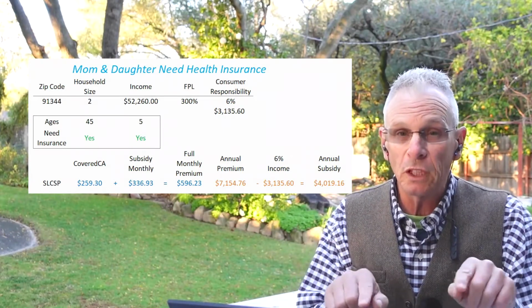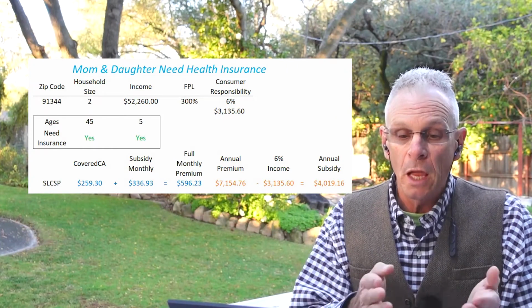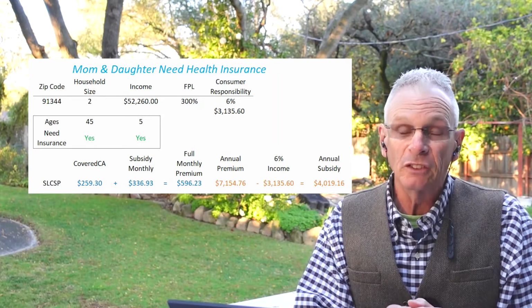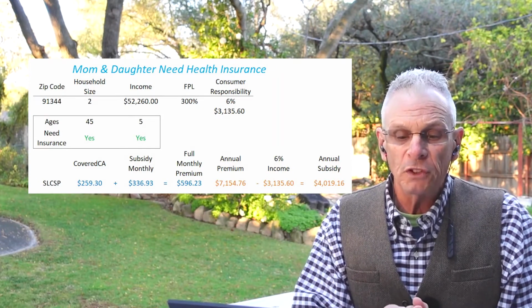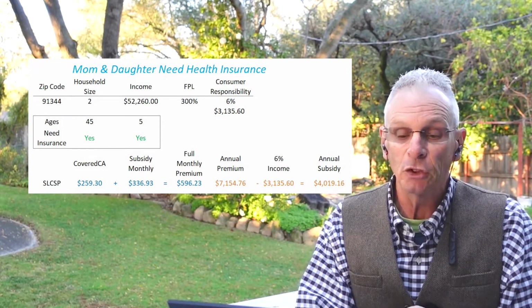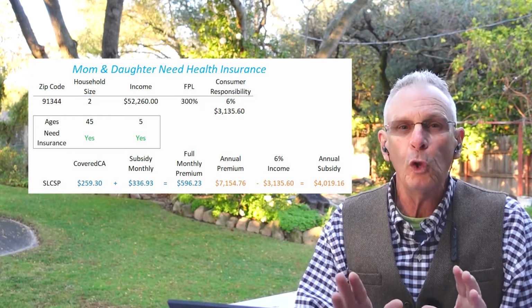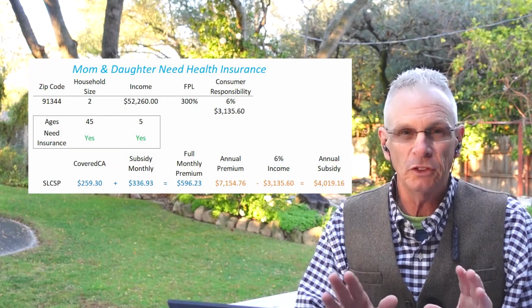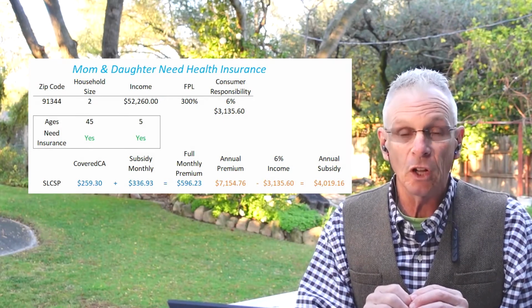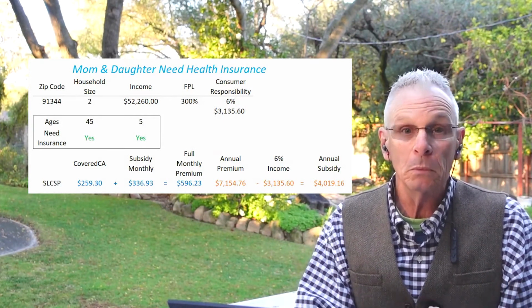$3,135.60. All of these numbers are pulled from the Covered California Shop and Compare tool. So we go in, the 2-person household, 45 and 5 years old. Covered California says second lowest cost silver plan with a subsidy would be $259.30. The subsidy is $336.93 per month. The full rate, unsubsidized, for the health plan would be $596.23. An annual premium, that full monthly premium times 12,